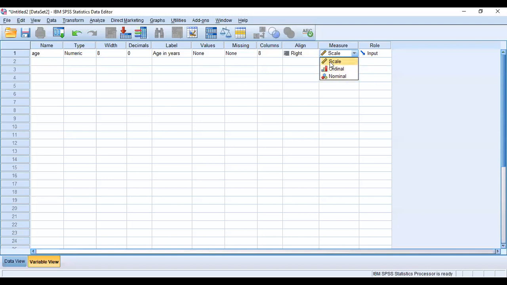Measure will be scale. Are you familiar with the concept of scales of measurement or not? Nominal, ordinal, ratio, interval scales. Are you familiar with all of that? I hope you are, but even if you're not, I cannot really help you now. We cannot go back there. So measure basically indicates the scale of measurement per se.